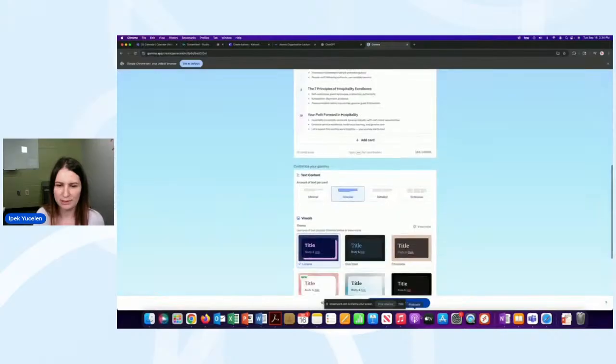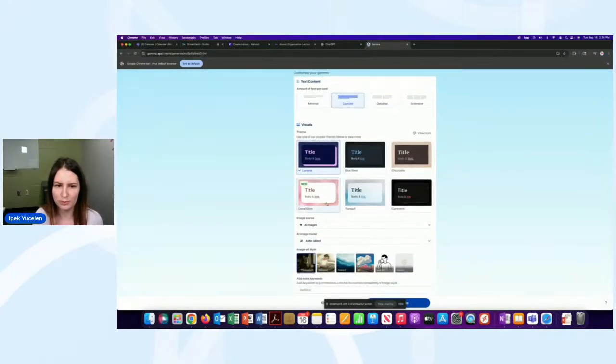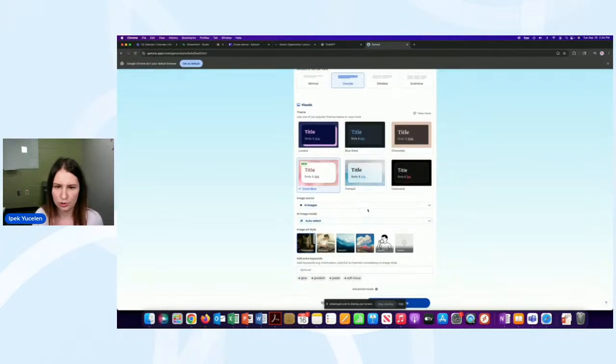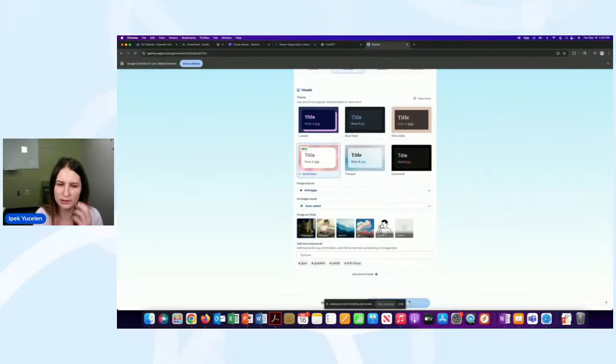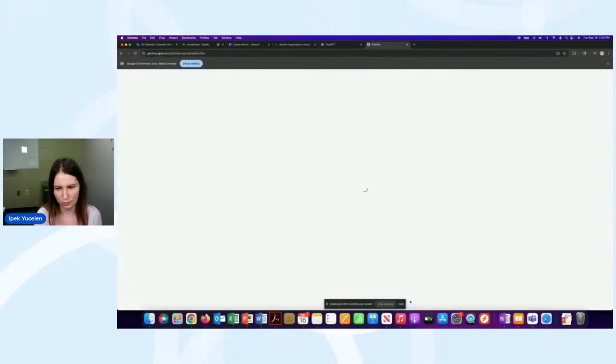Then I can choose everything, minimal words, or what should be, basically, the template. You can choose what images you want to use. You can find images from the internet or realistic AI-created images. You then click on generate, and of course, it's going to generate an amazing presentation for you.